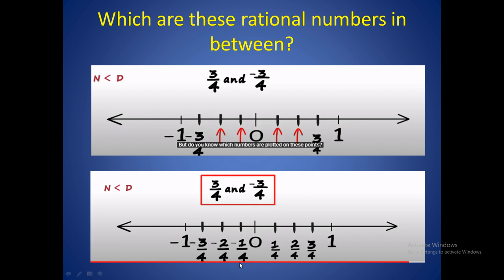Understood? So in this way we represent proper rational numbers, positive or negative, in the same way. You always have to check the denominator. After checking the denominator, you have to divide the gap. If it is positive, then it will lie in between 0 and 1, and if it is negative, it will lie in between 0 and minus 1. Clear? And then divide that gap into equal parts. And how many equal parts? The denominator tells the number of equal parts. Okay, let's move to the next